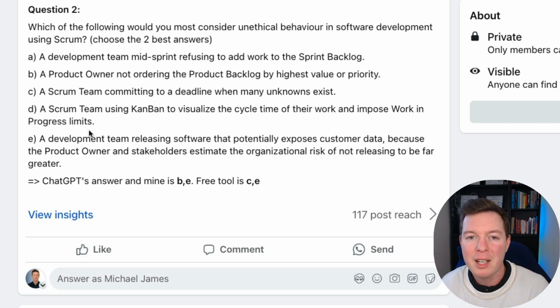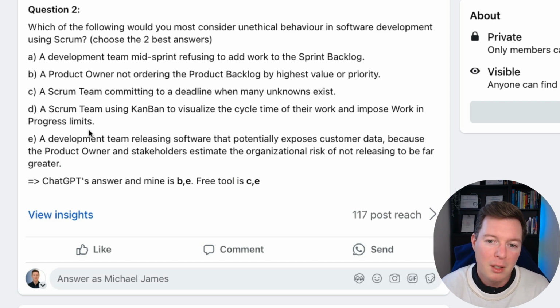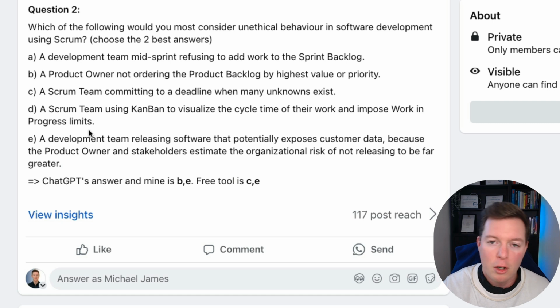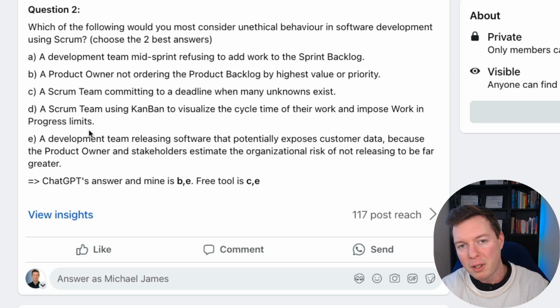Well, again, this is the nature of Scrum, to limit work in progress. We want to be focused, and we do it in a cyclic nature, in a sprint nature. We have a time boxed sprint, we have a goal, we focus on that, and we try to achieve that goal and inspect it at the sprint review and then move on. So this is all about trying to limit work in progress. That's the point of it.